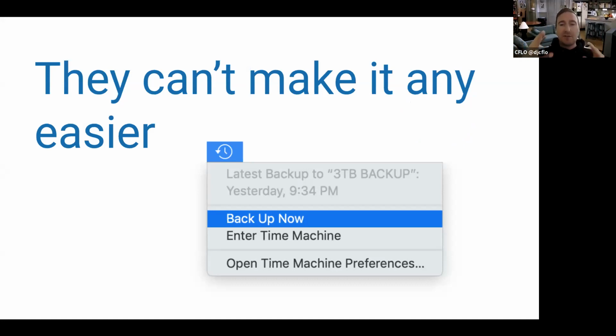The way Time Machine works is the first time you run it, it backs up everything that's on your computer in that moment. And then as you make changes, let's say you move files, you rename them, you get some new files, you put in cue points and loops and other files, it knows the next time you hook up your computer all the differences from the last backup, and it only backs up the changes in your whole database. So when you run it the first time, it takes like 3, 4, 5 hours, and you run it the second time, it takes 5 to 10 minutes. And it's one click.